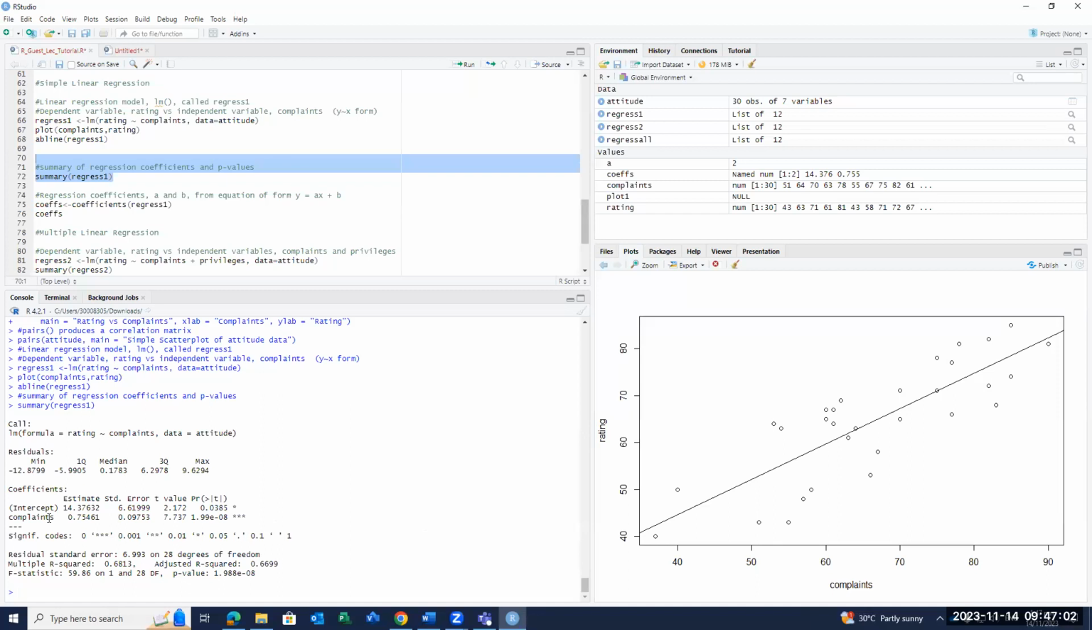Now, if you want to think about if complaints is significant in the model when it comes to ratings, you have to look at the p-values. So we look at the last column of this table. We can ignore the p-value for the intercept since this is not of significance for us, but we can look at the p-value for the complaints variable. In this case, it is 1.9 by 10 to the minus 8, which is actually very, very close to 0,